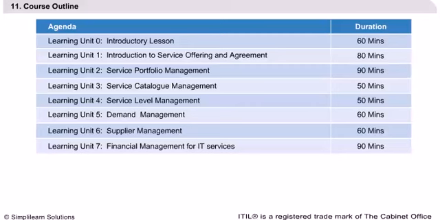Financial management for IT services policies, principles, concepts like funding, accounting, and charging are covered, along with the activities, methods, and techniques in relationship to SOA practices. Efficient use of financial management for IT services metrics is reviewed in this unit, as well as their design and